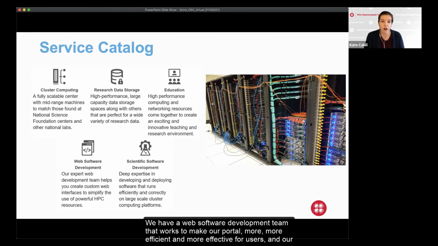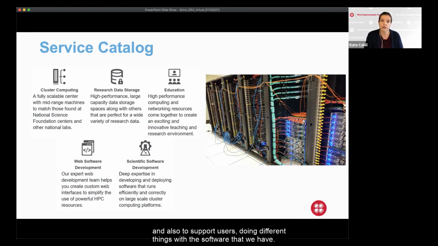We have a web software development team that works to make our portal more efficient and more effective for our users, and our scientific software development team, and they work on keeping our software on our clusters up to date and effective, and also to support users doing different things with the software that we have.